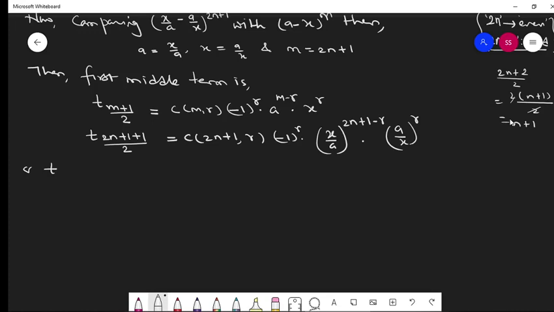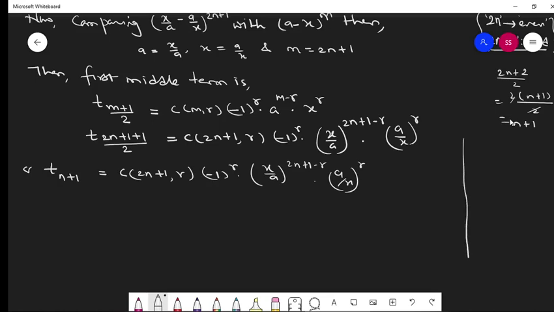So it becomes t(n+1) equal, let me copy once, C(2n+1, r) (-1)^r (x/a)^(2n+1-r) (a/x)^r. Then dear students,